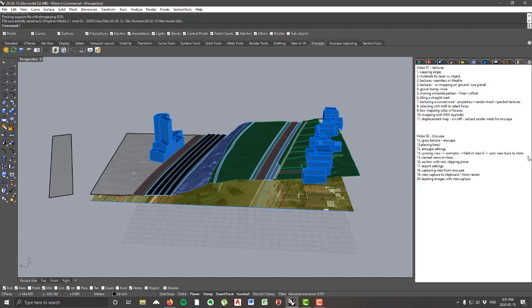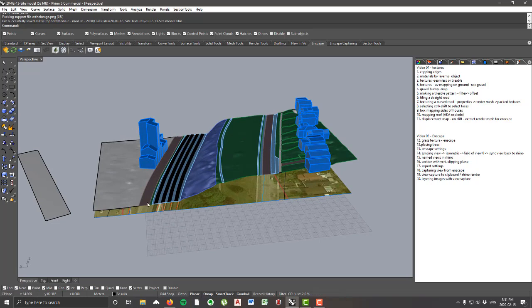So what I'm going to do is break this up into two videos. The first one that you're watching right now will focus on texturing in Rhino, and the second one will focus on Enscape. The first thing I want to do is cap edges, and in class I used a site model add-on,